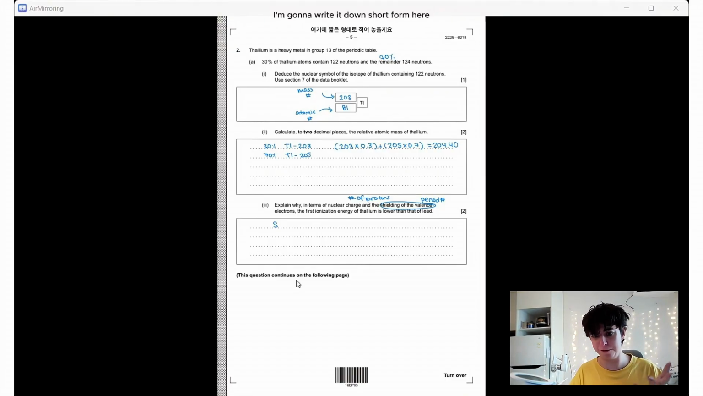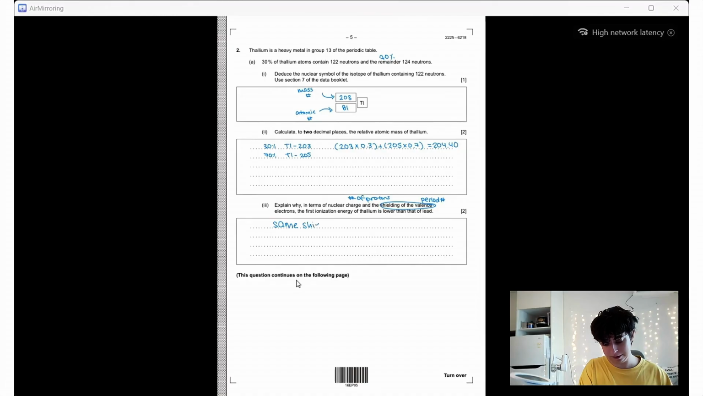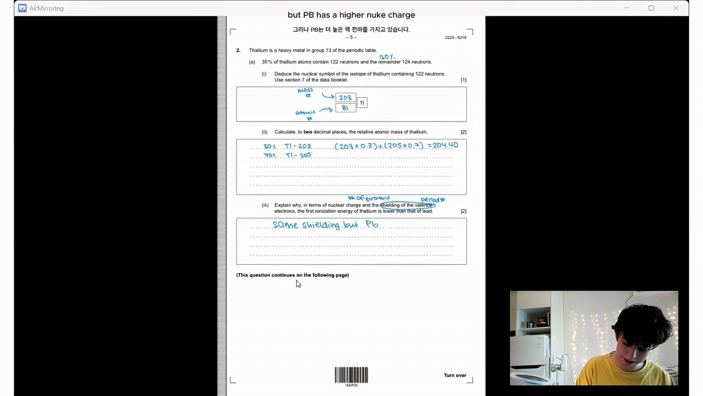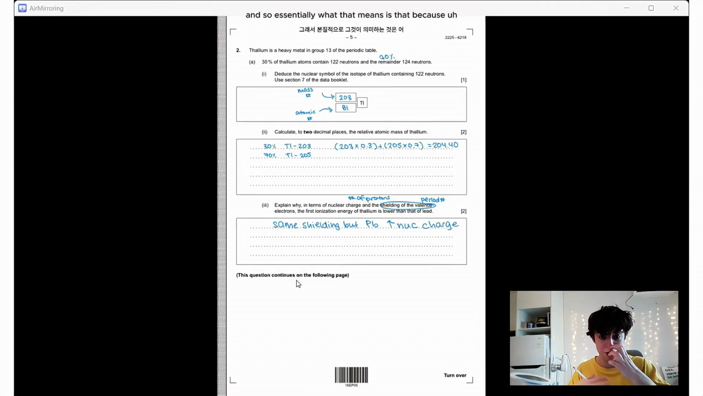I'm going to write it down in short form here, just so I'm not wasting time. So I'm just going to put same shielding, but in terms of their nuclear charge, lead has a higher nuclear charge than thallium. Okay. And so essentially, what that means is that because it has a higher nuclear charge, the protons that are